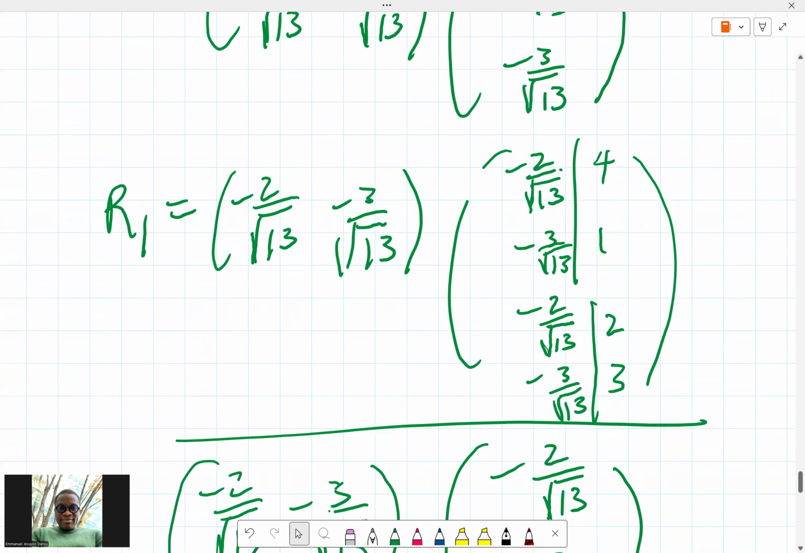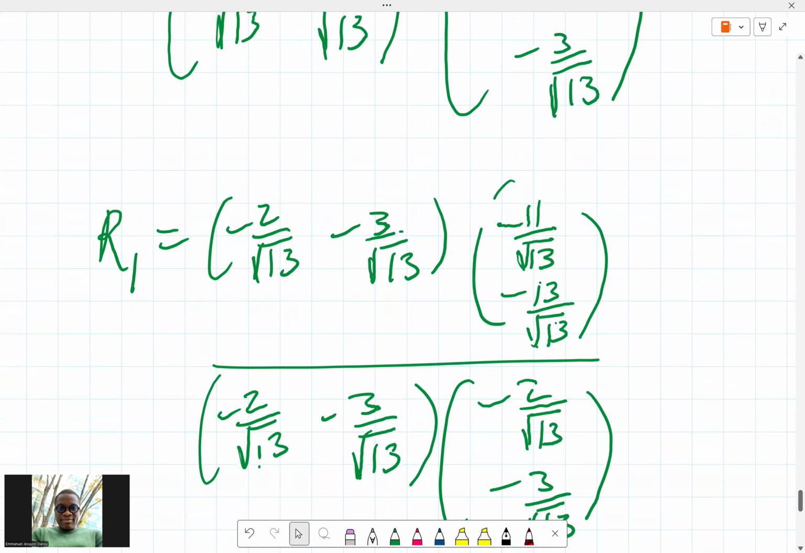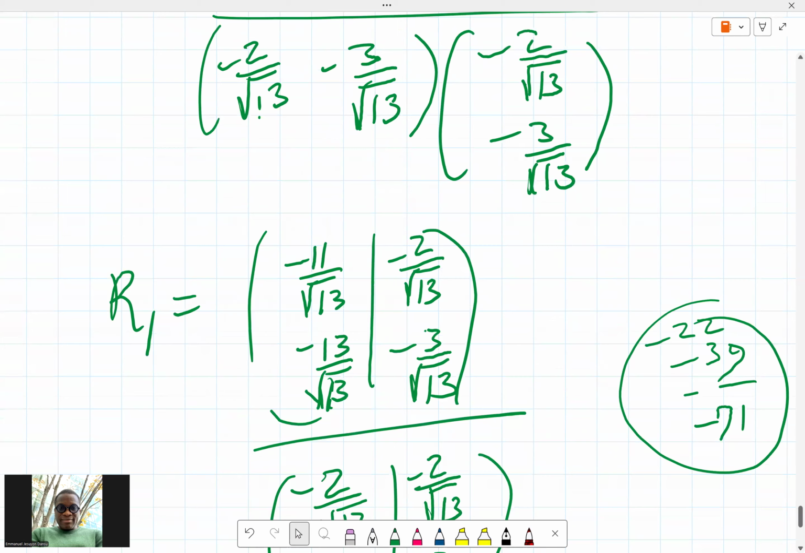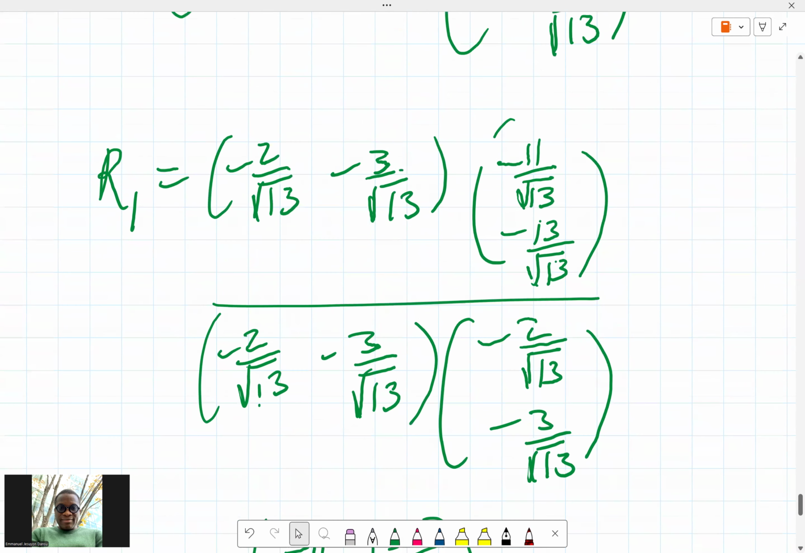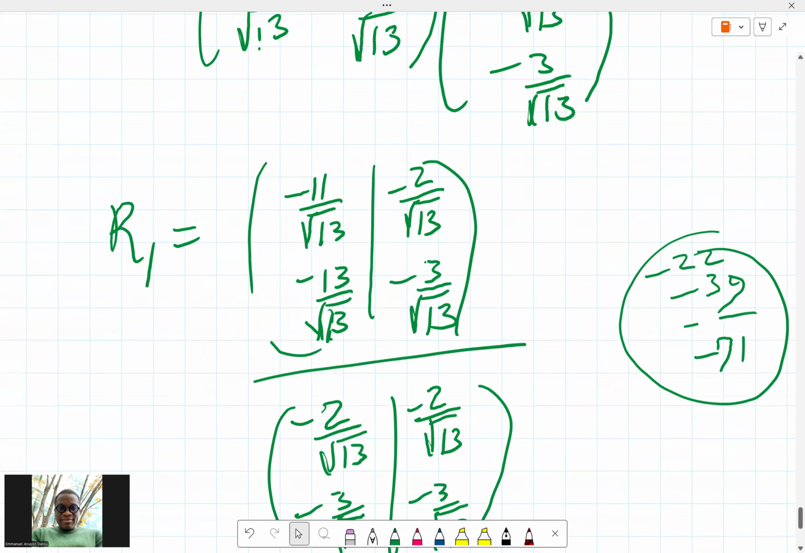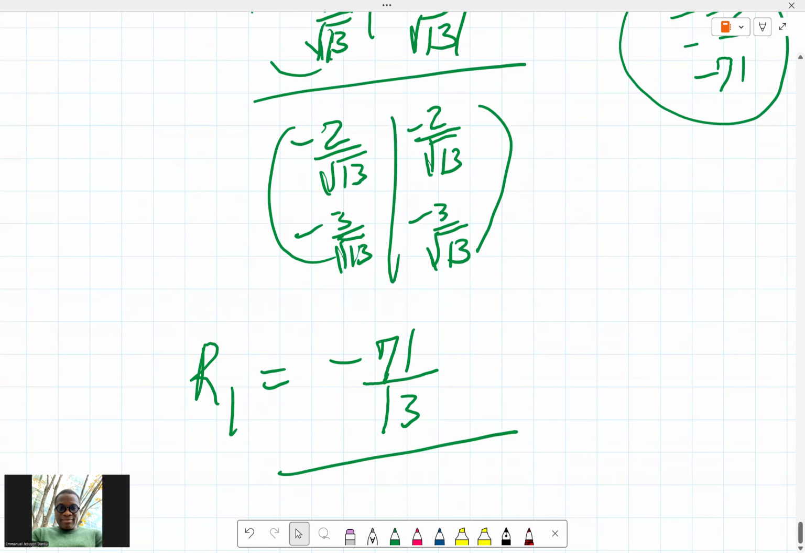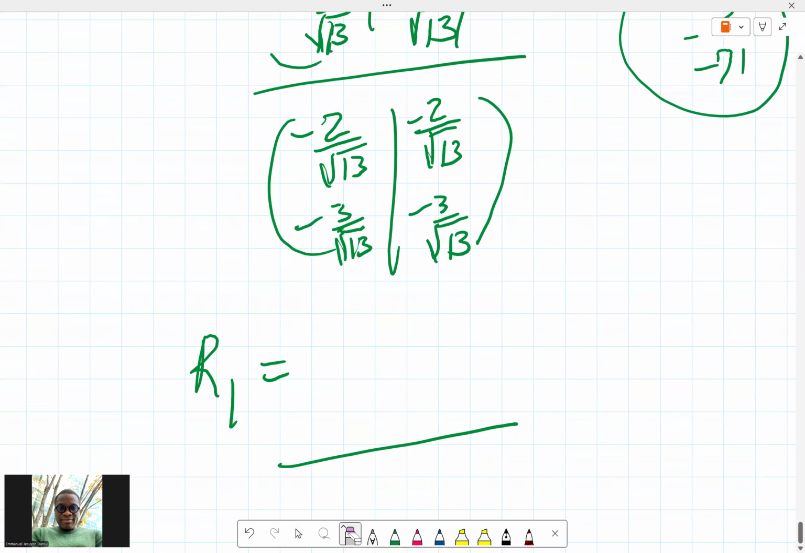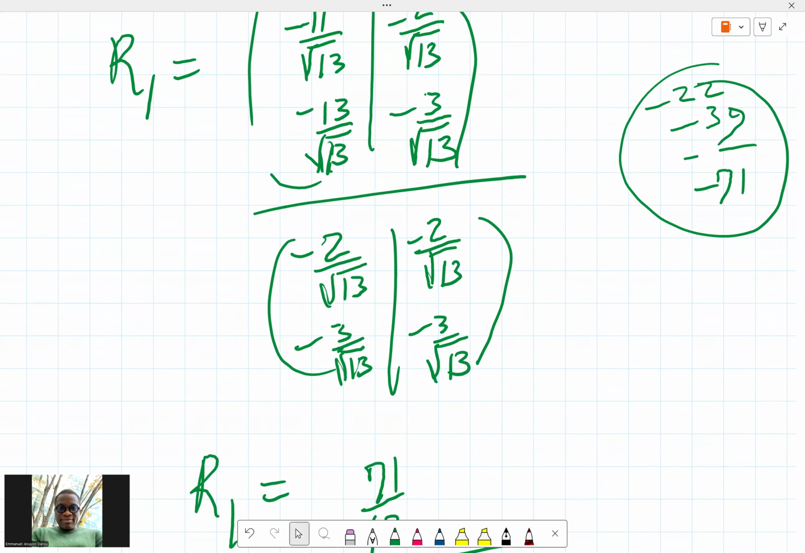All right. Yeah, I think we're good. Yeah, that's fine. But here now, I think there's a bit of difference. So this is just going to be 71. This is just going to be 71 over 13 up there because